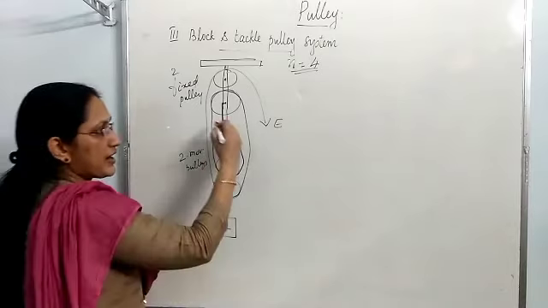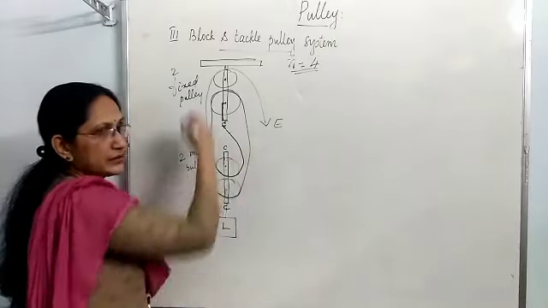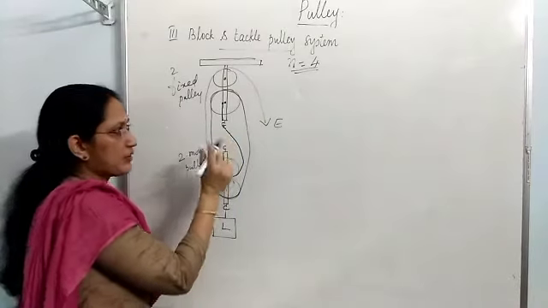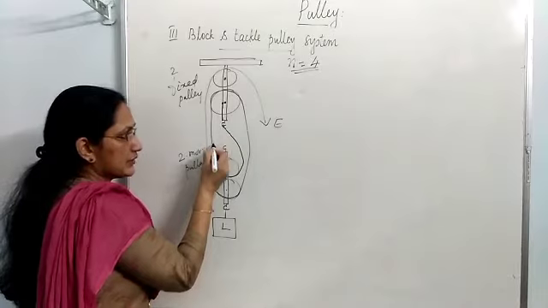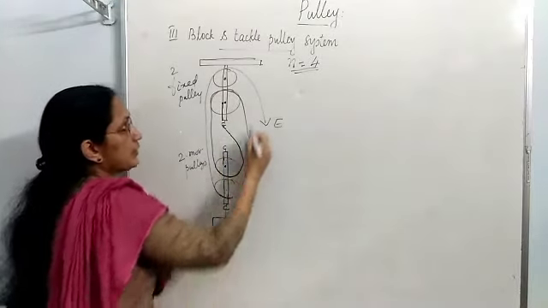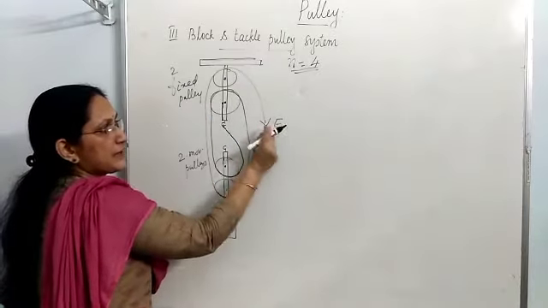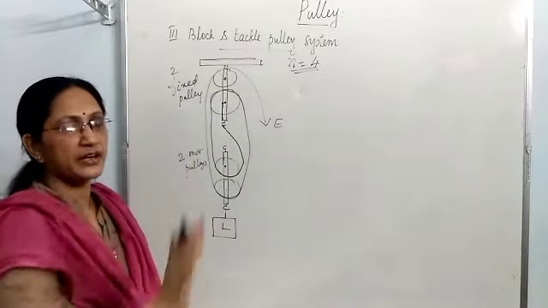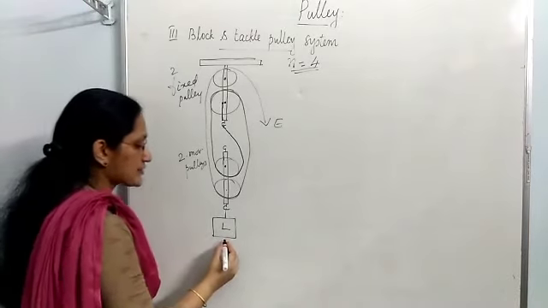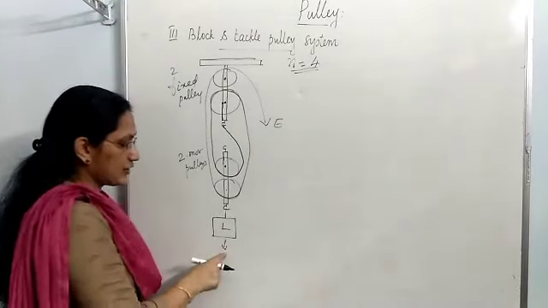Okay, here winding I did in a clockwise manner. You may wind anti-clockwise also. It is not wrong. For example, from here you start, then wind over this pulley, then upper, then lower, then upper. Only difference is this free end will come on this side. Both are correct diagrams.